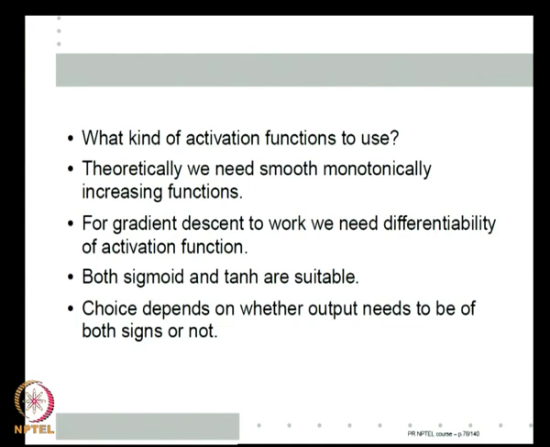Between them the choice depends on what kind of output you need. See, sigmoid gives you output range only 0 to 1, whereas tan hyperbolic gives -1 to 1. As you said, we can always scale the output. We can make the actual output k times sigmoid or k times tan hyperbolic. But the question is whether I need output of only one sign or outputs of both signs, right? So, depending on the need, if I need outputs of both signs, then I have to use a tan hyperbolic kind of function, otherwise I use sigmoid. These two are the most often used functions.